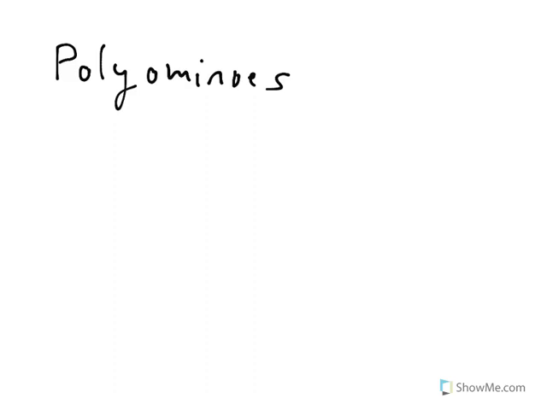Polyominoes are shapes that are created by putting squares together in such a way that the edges of the squares are shared. So for instance, your most basic polyomino using two squares would look like that. If you have more squares, for instance 3 squares, you can make something like that,